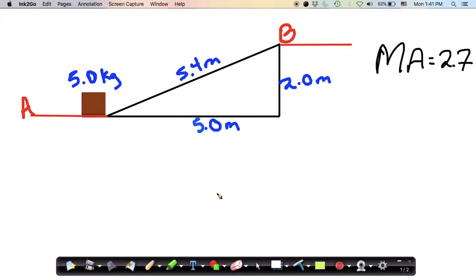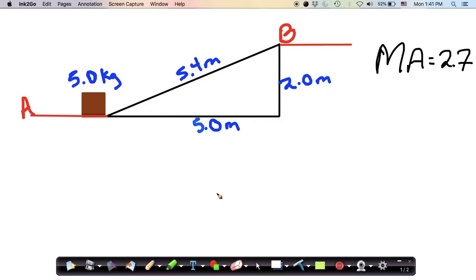Welcome back. In our last video, we took a look at mechanical advantage for an inclined plane. In this video, we are going to talk about efficiency. So with our last discussion, we had determined that for an inclined plane with a horizontal length of 5.0 meters,